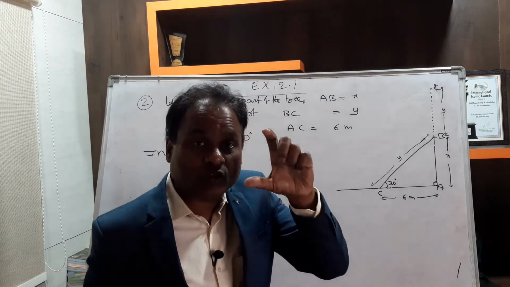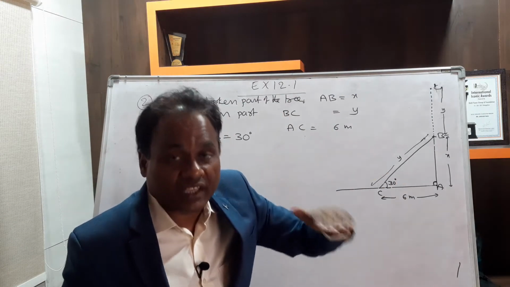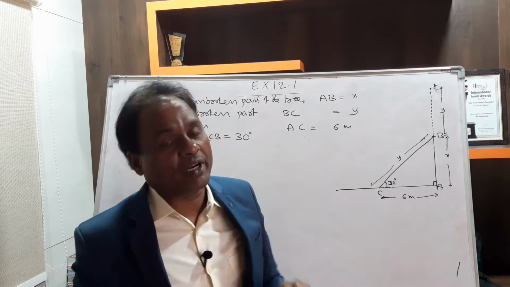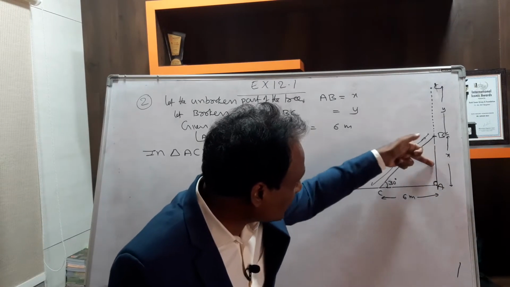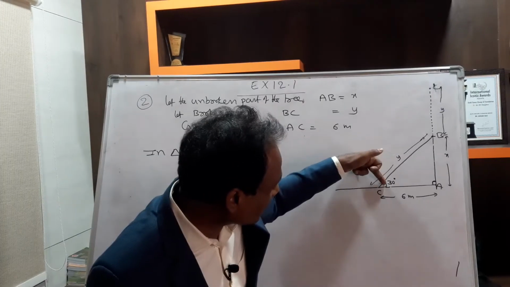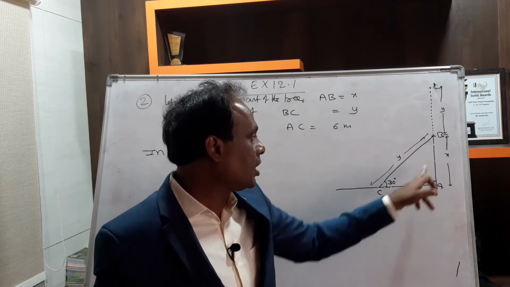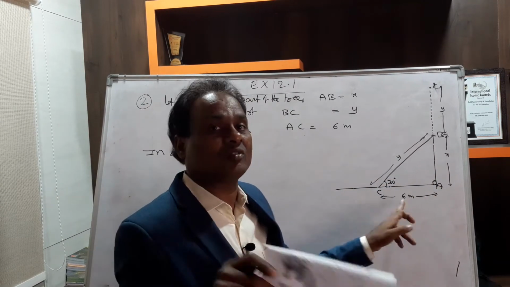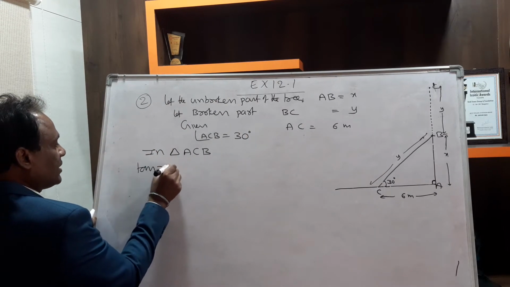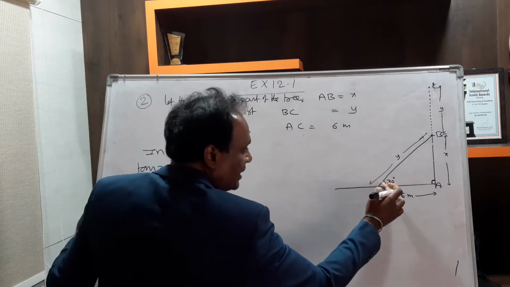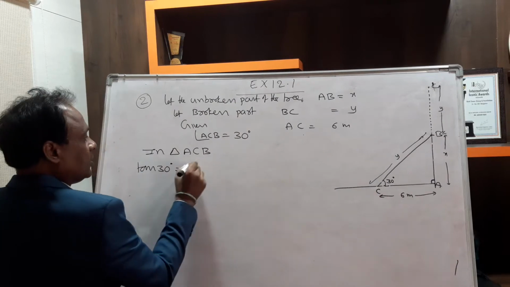Choose the trigonometric ratio. We have 6 trigonometric ratios: sin theta, cos theta, tan theta, cosecant theta, secant theta, cot theta. So 6 trigonometric ratios we have studied. So in that, what is the ratio having this side and this side? These two sides mean for this angle, this will become opposite, this is adjacent. Opposite by adjacent is tan. See here, tan. What is the angle? 30 degrees. Tan theta is equal to, what is the tan definition? Opposite by adjacent formula.